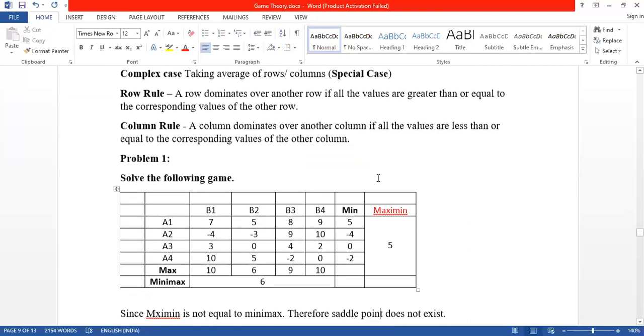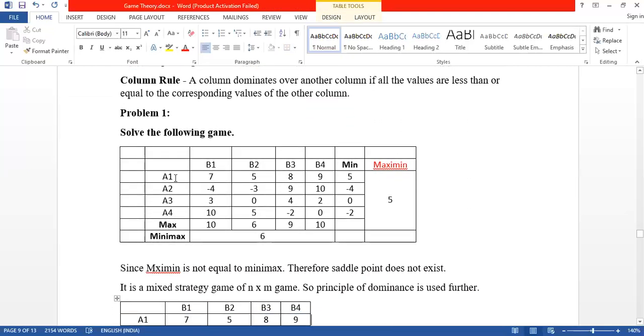See, we have been given a problem. Again, we have 4 strategies for A and 4 strategies for B, right? And these are our values. So as a thumb rule, we are taking the row minimum, that is 5, minus 4, 0, minus 2. So the maximum of this minimum value is 5. Next, for columns, it is 10, 6, 9, 10, and the minimum of this maximum value